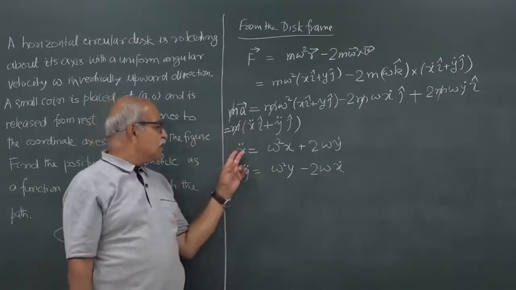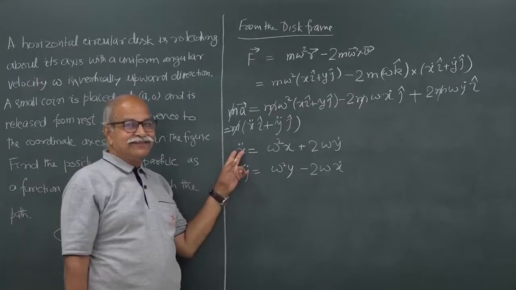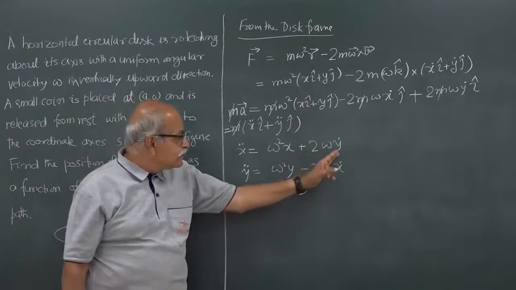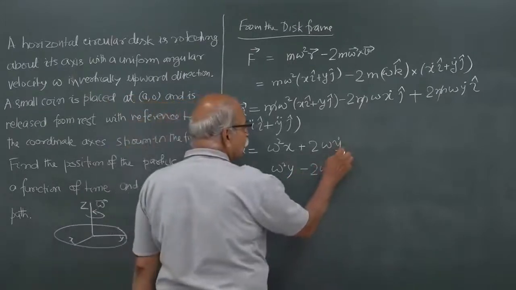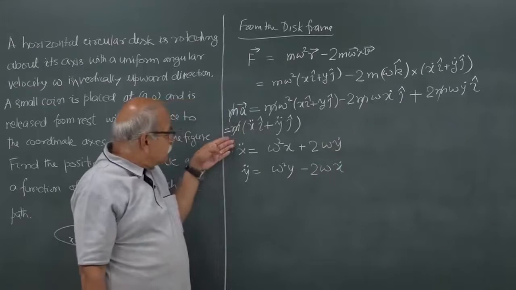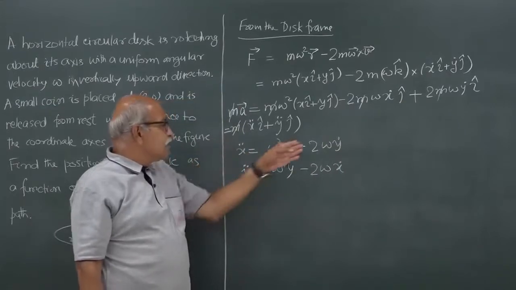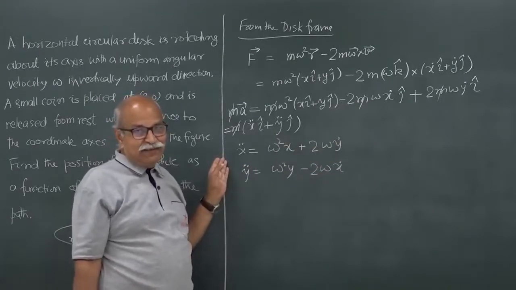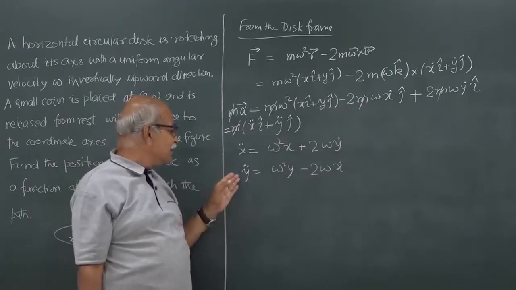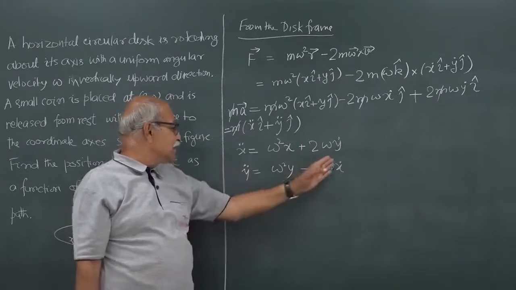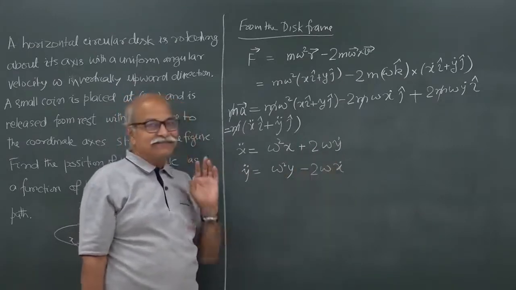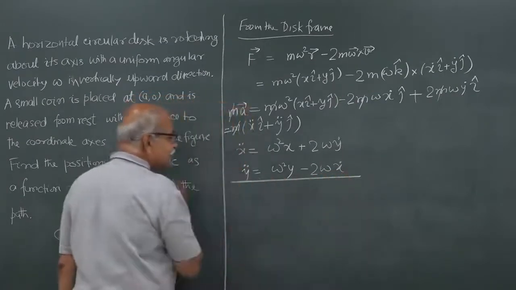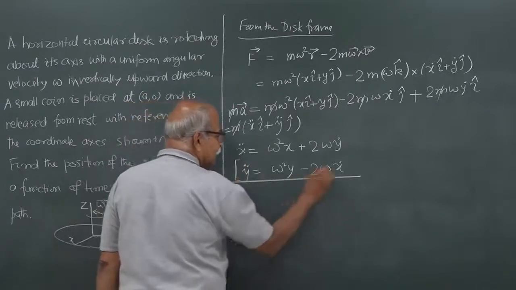You have acceleration in x direction, d2x dt square, and here you have x, that is okay. But here you have this y dot. So this is d2x dt square, and here it is dy dt. So how will you integrate? And similar is the situation here, this is d2y dt square, but then here you have dx dt. How will you integrate? But there is a beautiful technique for doing that, and that is you multiply this equation